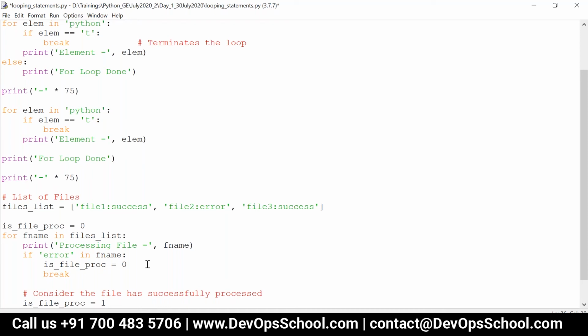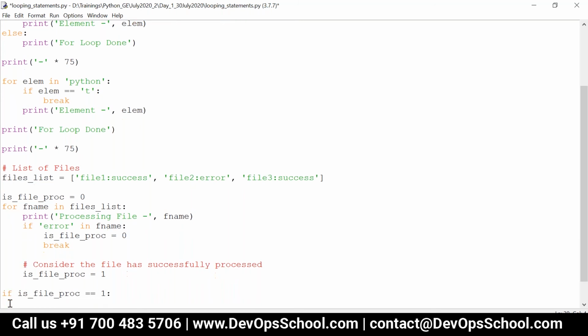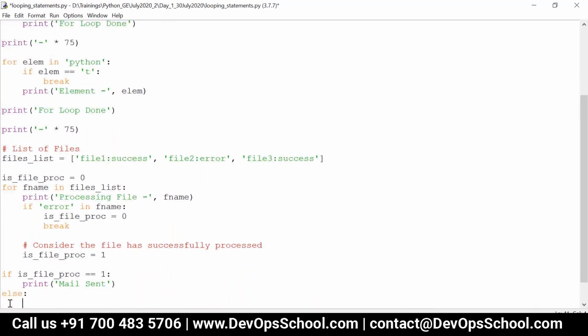Clear? Now I am just going to send an email. That is, I'm going to check this particular variable. If is_file_proc is equal to 1, then just say mail sent, else just write unable to send email.